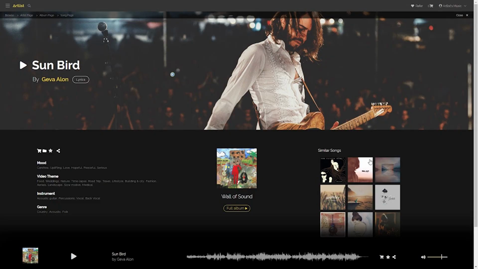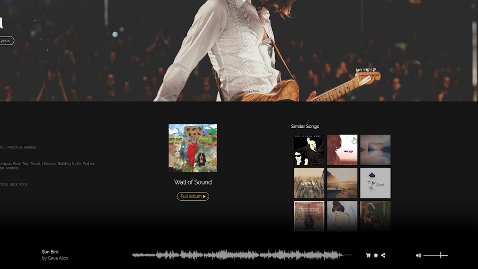Now, moving on to Artlist, they actually do have a very similar feature to the Find Similar feature in Epidemic Sound. All you have to do is click on the actual song itself, and then when you're on the page of the individual song, there will be a bunch of similar songs on the right-hand side of the Artlist page. This is a slightly less efficient way to do it in my opinion, but the same effect is still there.